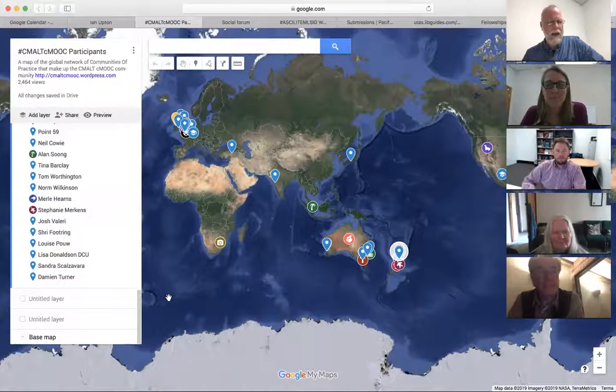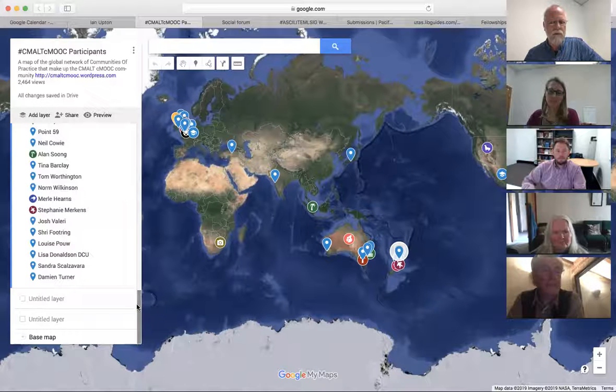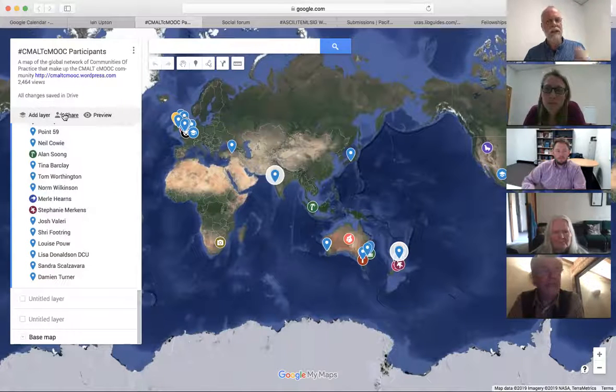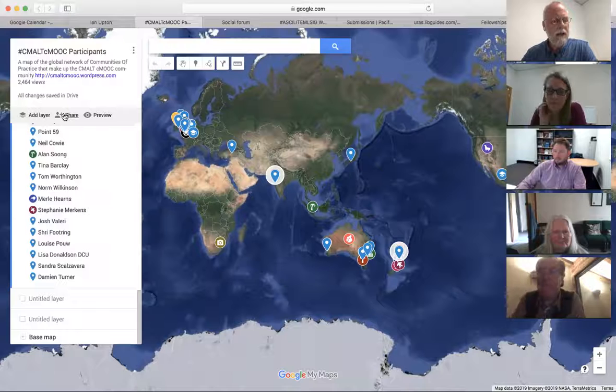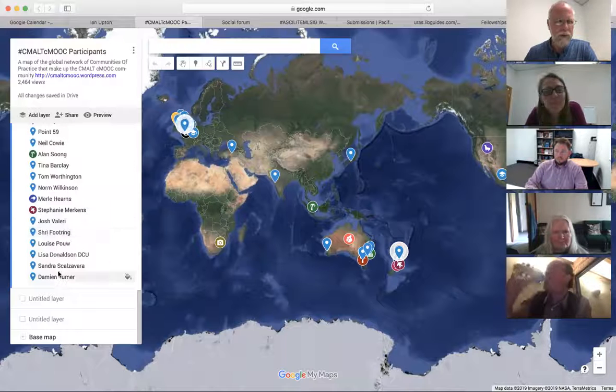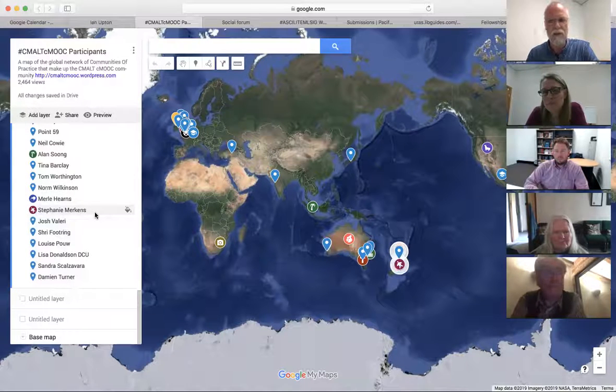So when you sign up, what I do is I grab the email that you've signed up with and then share the map with you with that email. Some people sign up with a different email address than their Google login, which then means that they can't access that map. If you do use your Gmail address, or whatever address it is you've signed up to Google with, that just makes it easier for us to share Google products like this map with you. If you can't access it because you've given me a different email, then just email me and send me your Google login, or ask for access to the map.